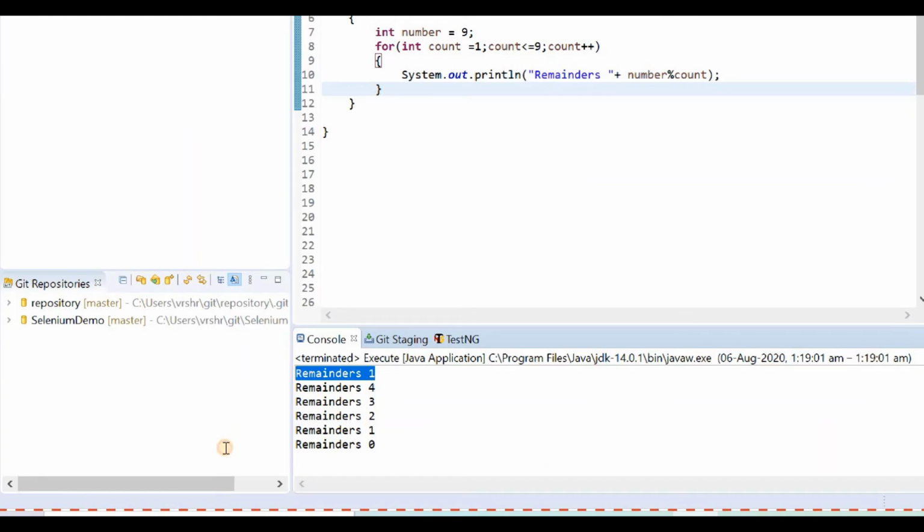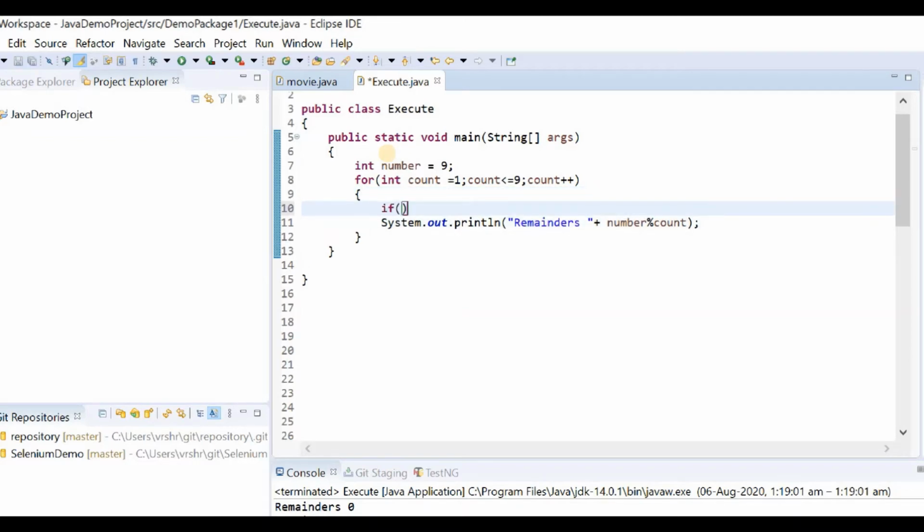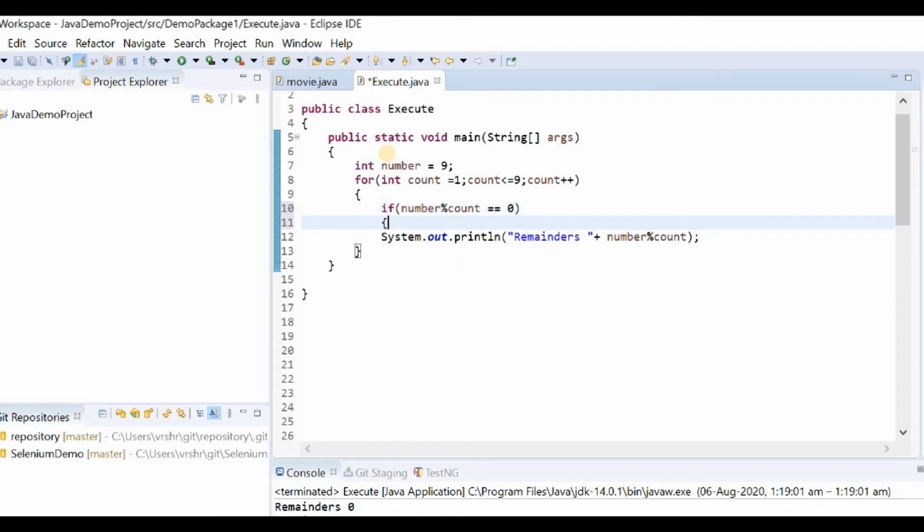And you can see that a list of remainders has been printed in the console. So we only need to print the factors that are going to give the remainder as 0. Let us do that. Add an if. Check whether the number when divided by count gives 0 or not.